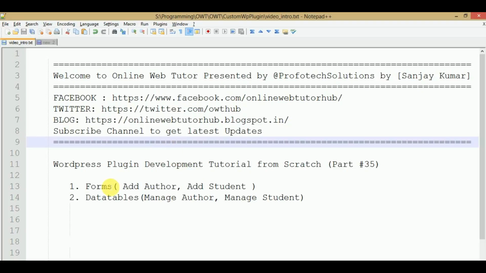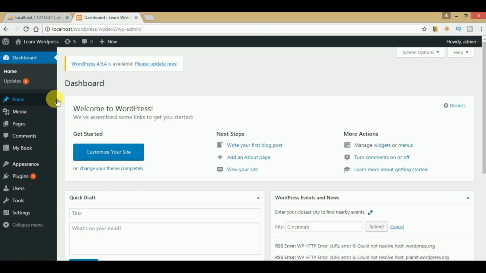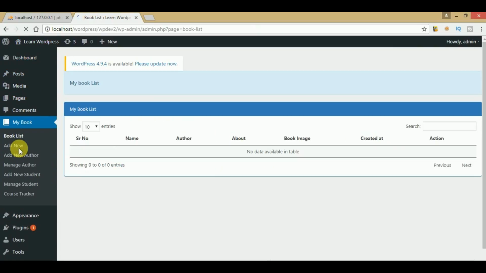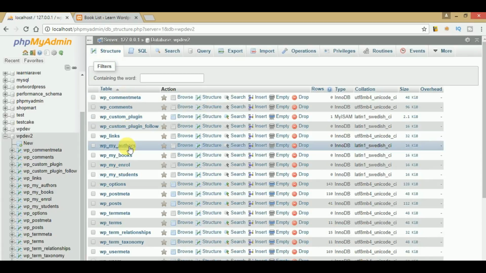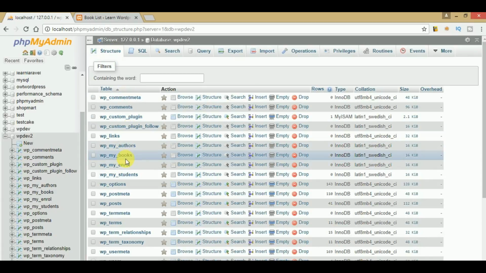So in the last video session, we made our database tables as well as the submenu sections. These are the submenus we developed in the last video session, and on plugin activation we install some data tables, like authors, books, and enrolls. These three tables and their scripts we wrote in the last video session, and also we added these